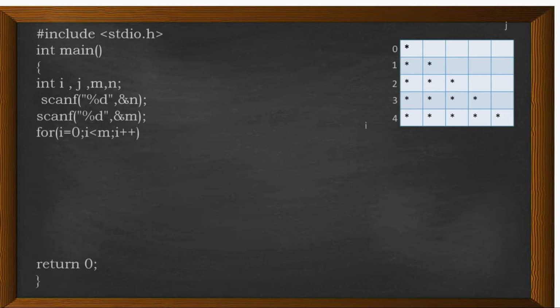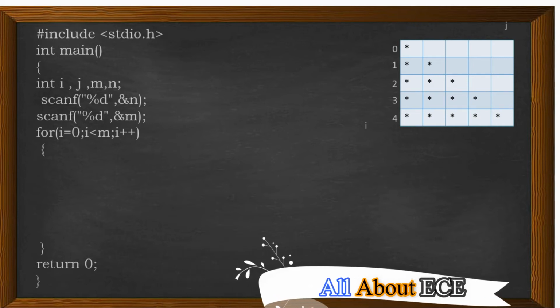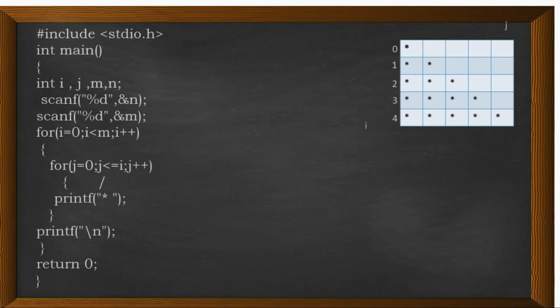After that, I am looping because I need to travel along the row as well as the column, right? To travel along the row, I need one loop, and to travel along the column, I need another loop, right? So I'm opening with one row loop and a closing bracket. Inside that, we need to go for another loop.